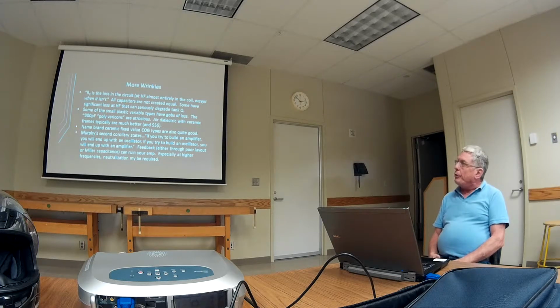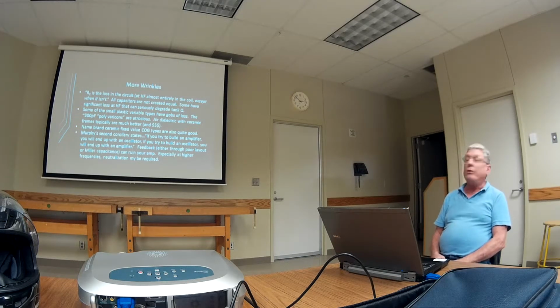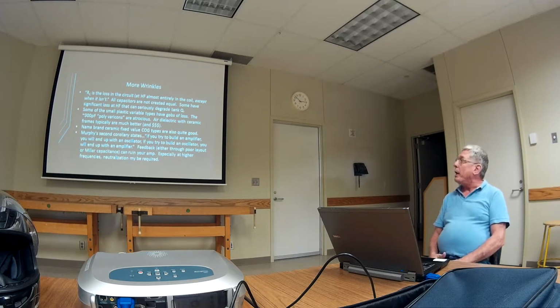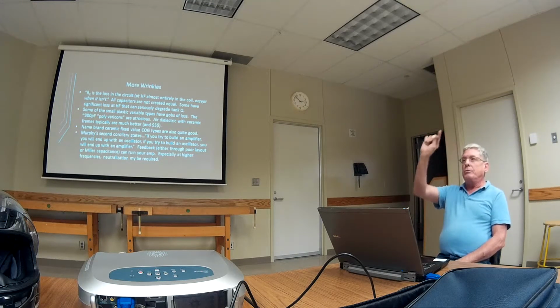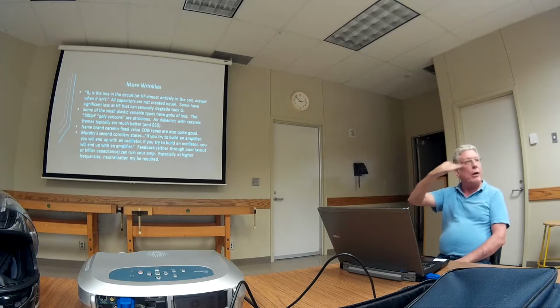This is what I mentioned earlier. All of the loss is in the coil except when it isn't. All caps are not created equal. Some have a significant loss at HF that can really degrade the Q. Some of these little plastic variables that you see, they're kind of a circular shape with a flat on one side,